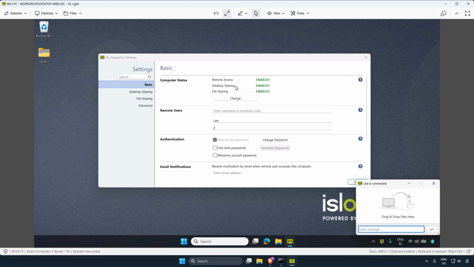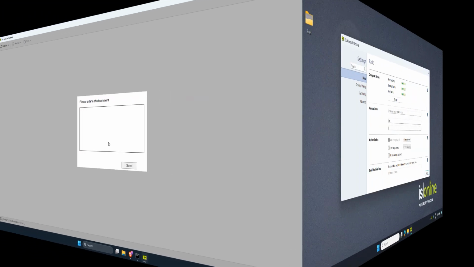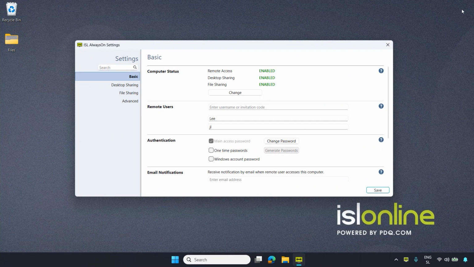So one of the main factors we hear often is, hey, my customer doesn't want me to be able to just log in and start doing things without a heads up. So here we are with some additional settings, and I hope that makes ISL available to just about anyone. So let's get onto the actual remote computer side. I think that'd be a bit better, a little bit more clarity.